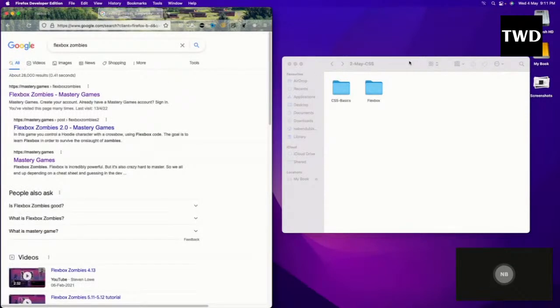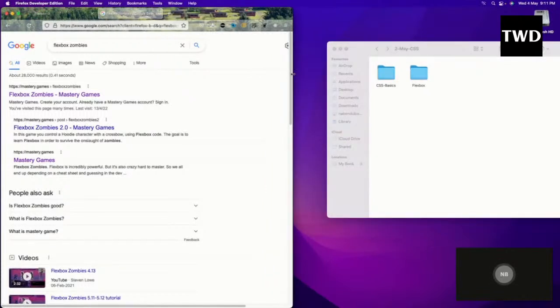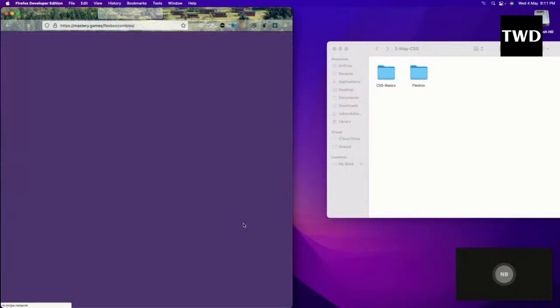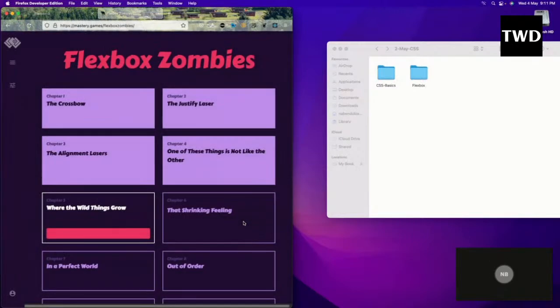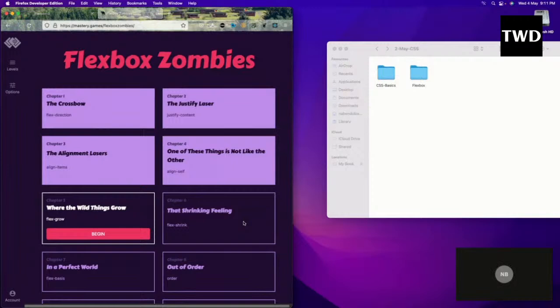Do play this game along with the teachings which I have done, or through the link which I have given. If you play this game, you'll be very good in Flexbox. See, there are only two ways to be good in Flexbox. One is to complete this game, and the second way is to do CSS fundamental projects, which we have